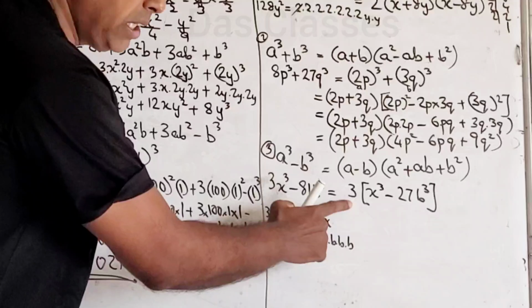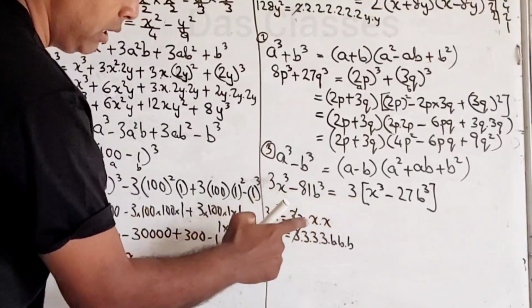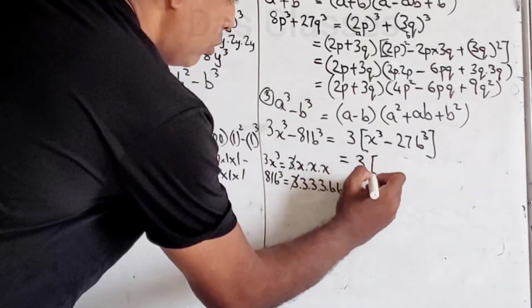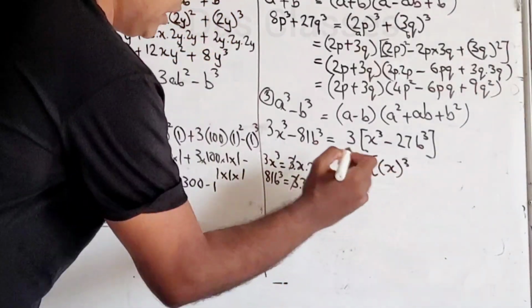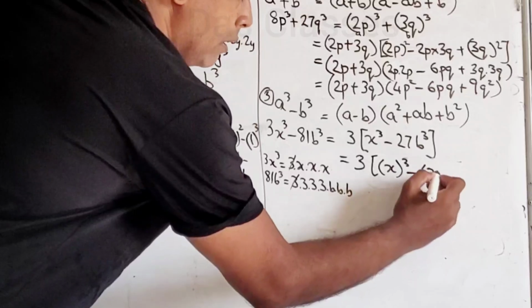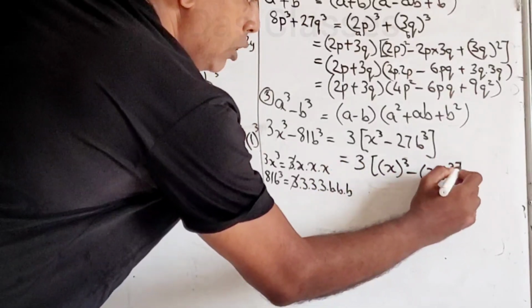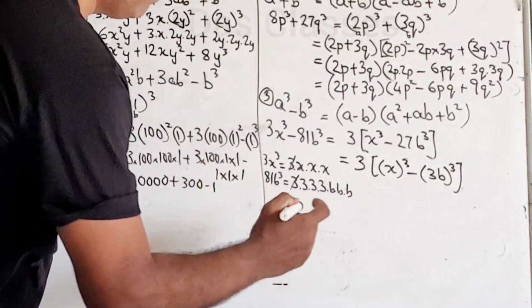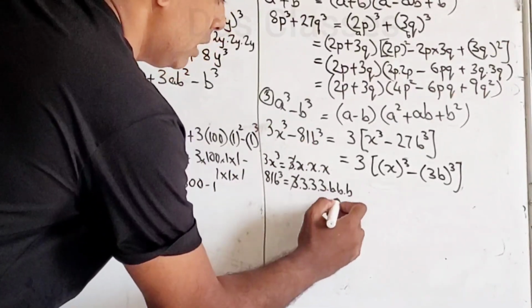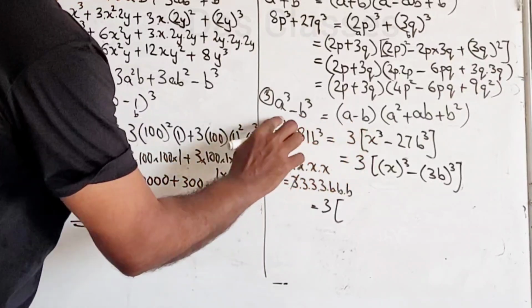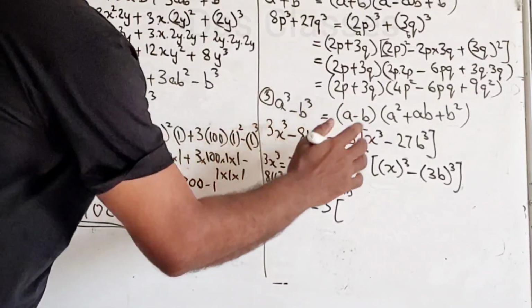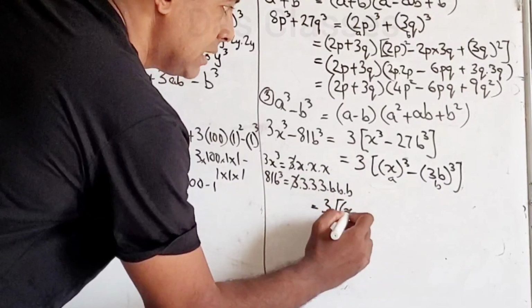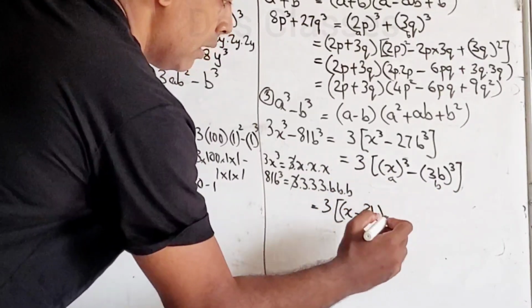So that thing which is common I have taken outside, and what is remaining is x cube. So the 3 that is common, we wrote it down, and the perfect cubes are x cube and 27b cube, which is 3b cube. So we have got it in the proper cube form. So now we are going to solve it. Once we have got it in the form of the formula, it's a minus b. This is the a, this is the b. So a minus b means x minus 3b,